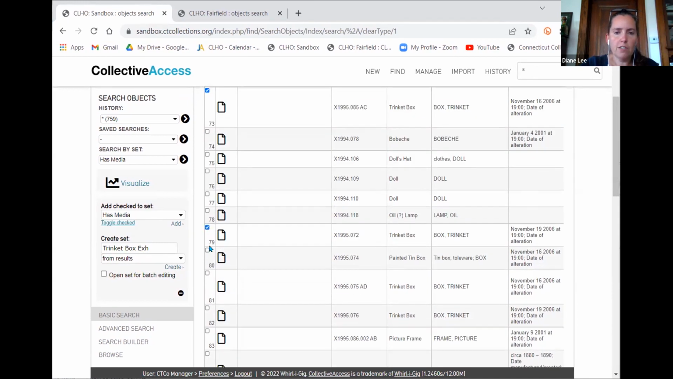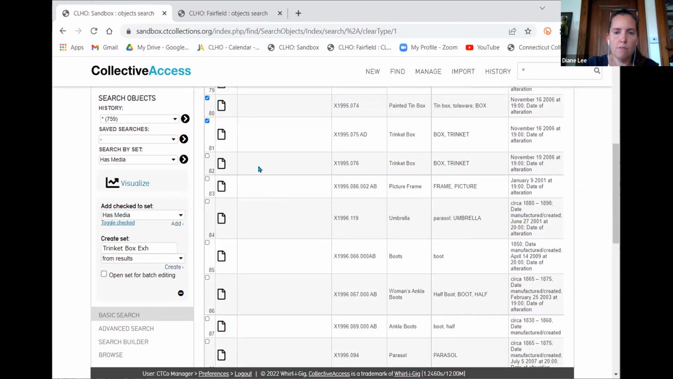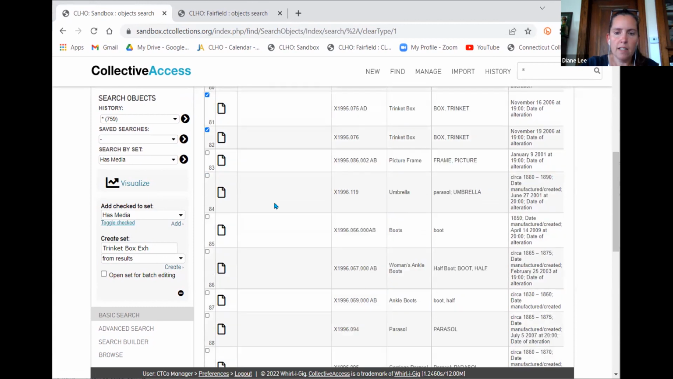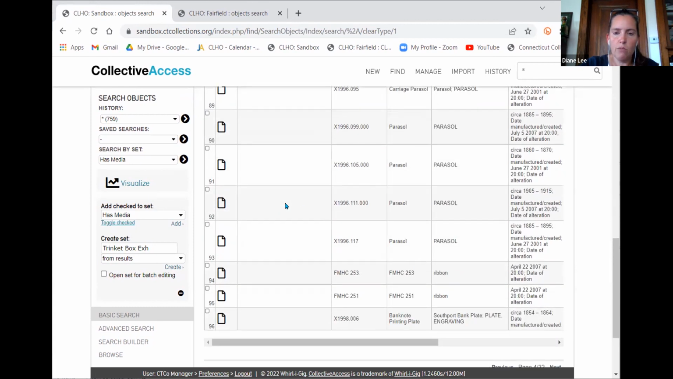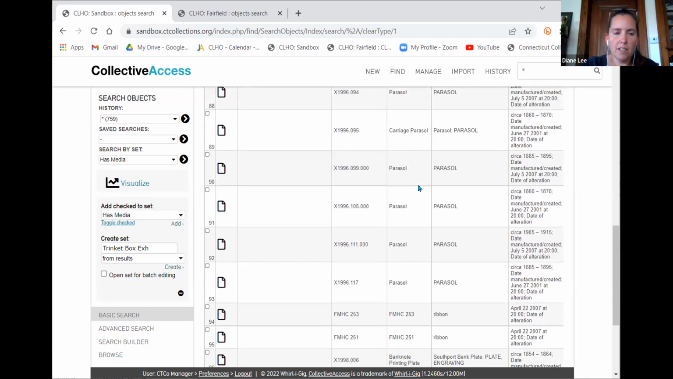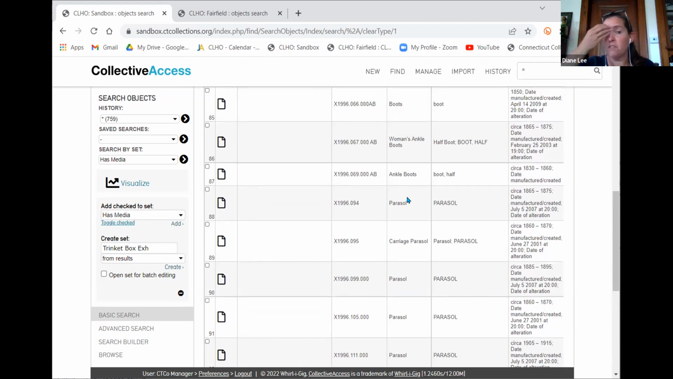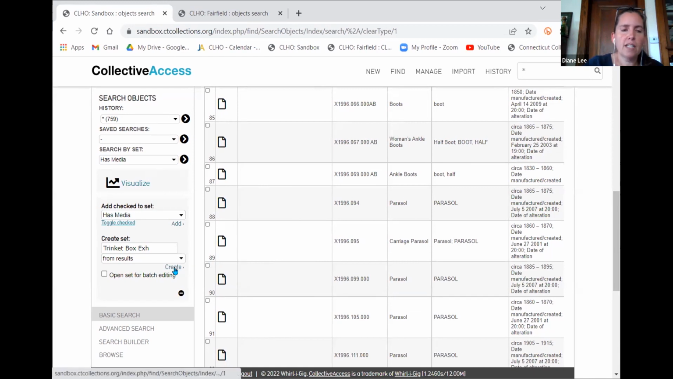So we're going to check this one, these guys. I'm fascinated that so many of those came... We're not going to do a parasol exhibit. That so many of these came from Fairfield. I don't know we had that many trinket boxes. So now we've got a bunch of them checked. We're going to hit create,